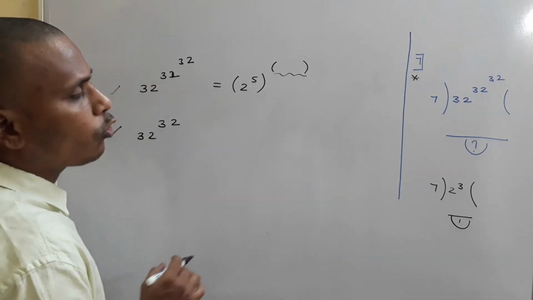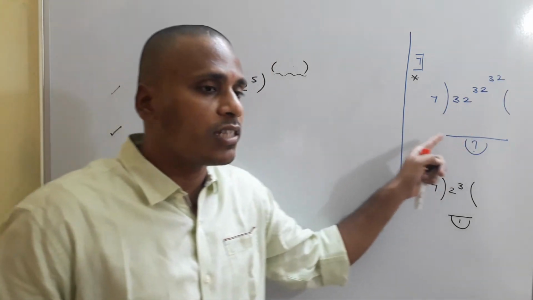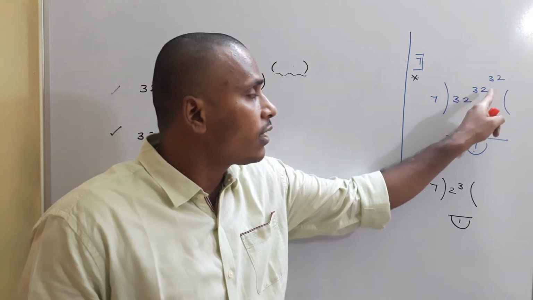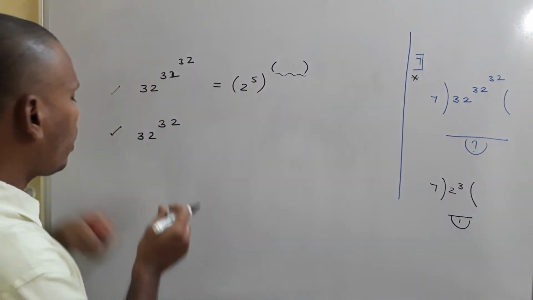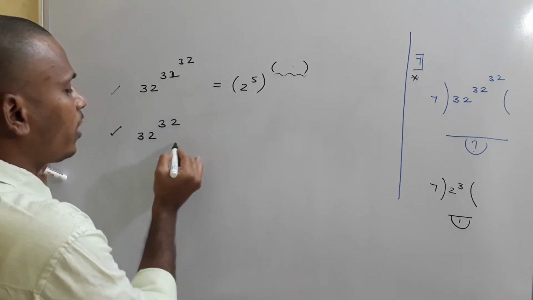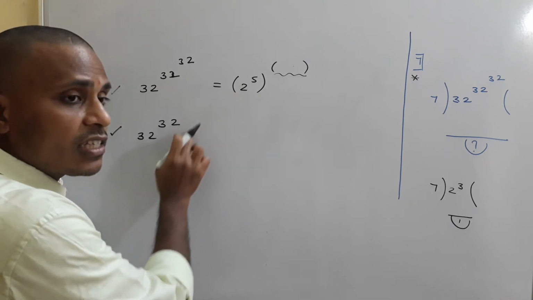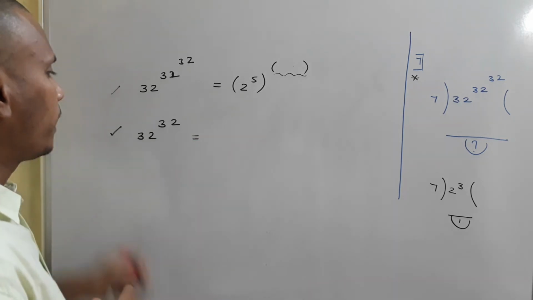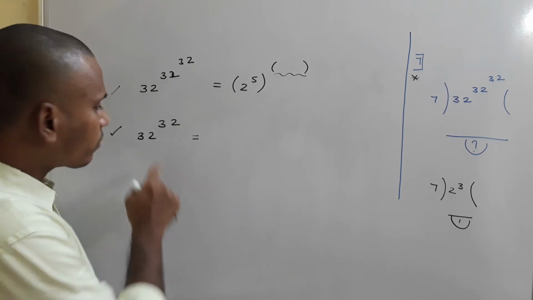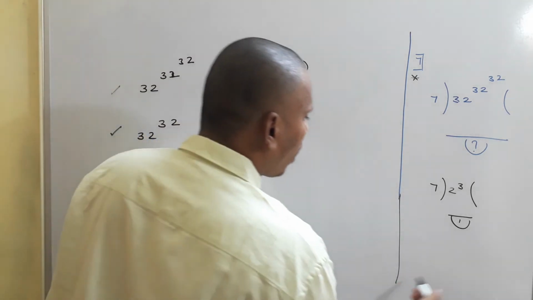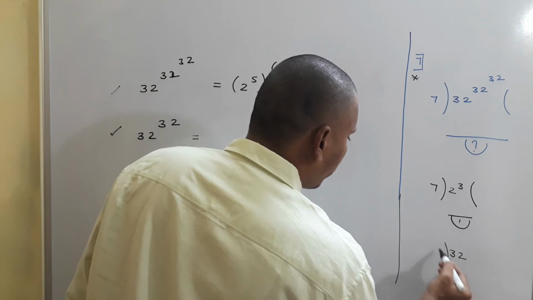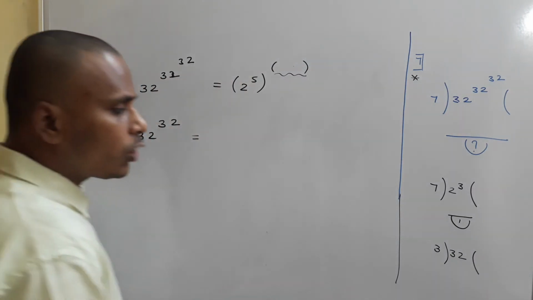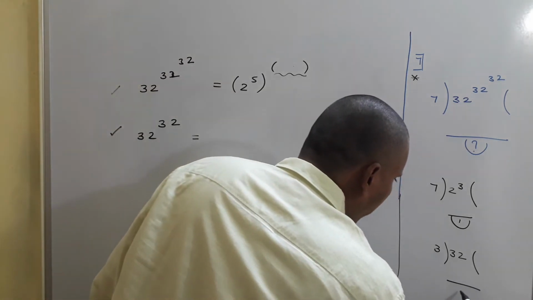See, first of all, before going to find the remainder when this total number is divided by 7, my first idea is thinking about 32 power 32. Okay, 32 power 32, first of all, I will try to find the remainder when it is divided by 3. Have a look. When you divide 32 with 3, what will happen? I see the remainder is 2 simply, right?